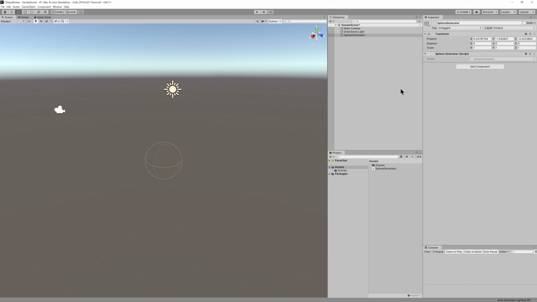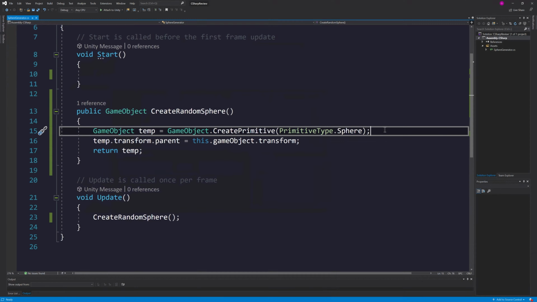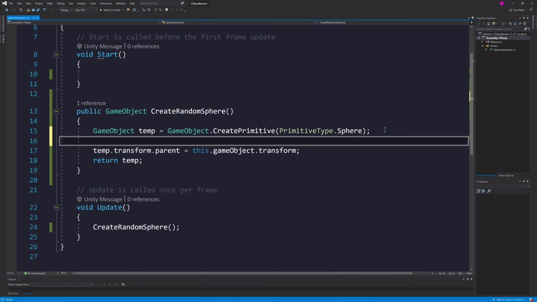GameObjects have a name property, and we can change this to be pretty much whatever we want. In addition, the name has nothing to do with a unique identifier. That is something that uniquely identifies that game object. Names can be the same for multiple objects. Let's go ahead and in code change the name so that we always have a unique name for every single game object. So after we create it, let's hit enter for a new line and type temp.name